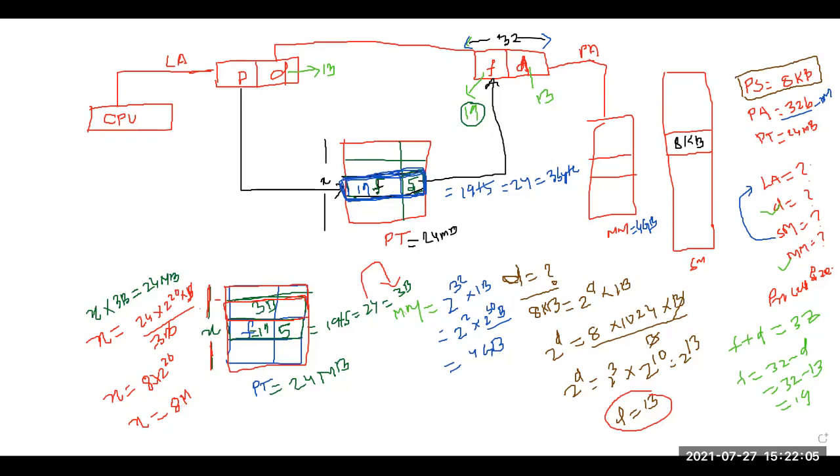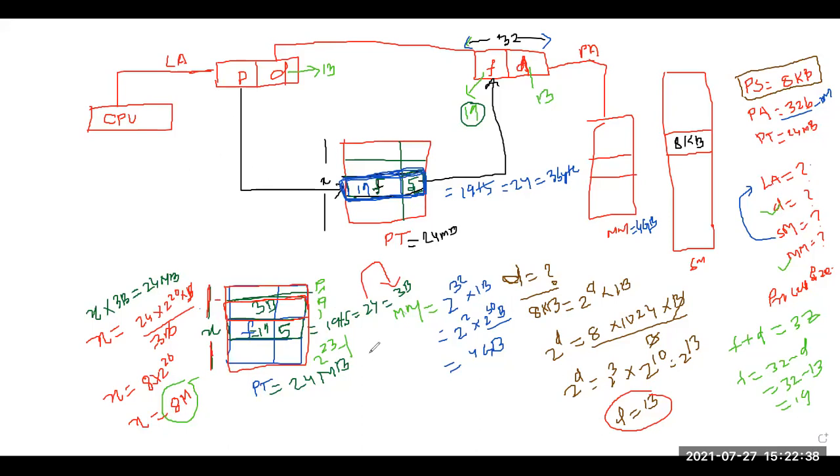Clear? Now is this point clear to all of you? How did I find it? Now what is this 8 million? This 8 million is nothing but the number of pages, starting from P0, P1, P2, P3 like that. It will be 2 to the power of 23, so 2 to the power of 23 minus 1 is the last page. Is it clear? Yes or no? Yes, sir. Okay, now this many pages are there.